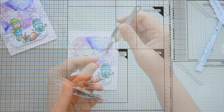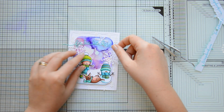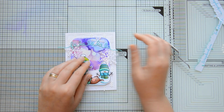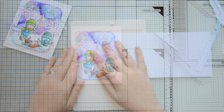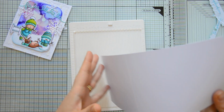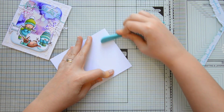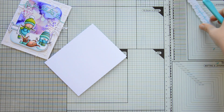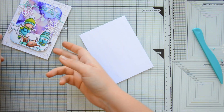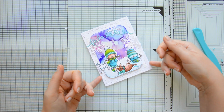Also in this case, reverse tweezers proved themselves to be a great help, and then I could adhere the sentiment to my card front, and I decided to curve it a little bit for some extra interest. I trimmed off the excess and then I mounted everything on a top folding A2 card base that I obtained out of some Hefty Doodle heavyweight cardstock that I cut to 4 1/4 by 11 inches and scored at 5 1/2 inches. I'm going to adhere the card front to the card base using some double-sided tape, and then as